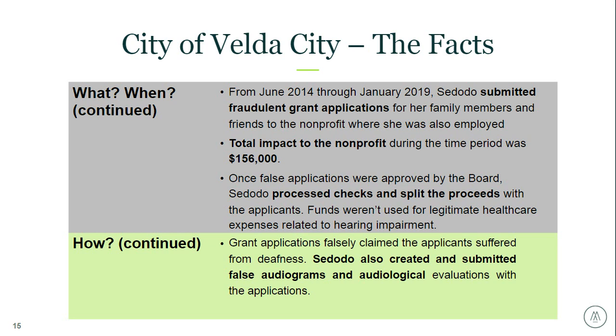She was able to doctor up the applications just enough that they were convincing enough to the board of the nonprofit that they approved the applications for financial assistance. So with the board approval in hand, Veneta had the authority and knew what to do within the finance department to issue the checks to the applicants, which she then had the applicants deposit and split the proceeds with her. And that fraud scheme with the nonprofit resulted in approximately $156,000 being stolen from the charity during a 4-year period, on top of the $400,000 she had already stolen from the city.